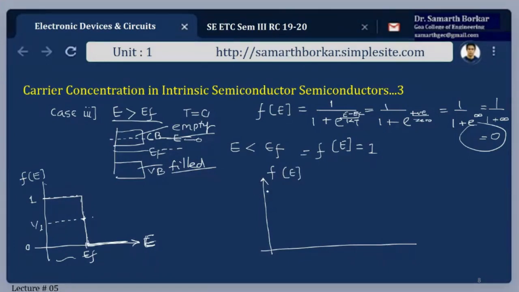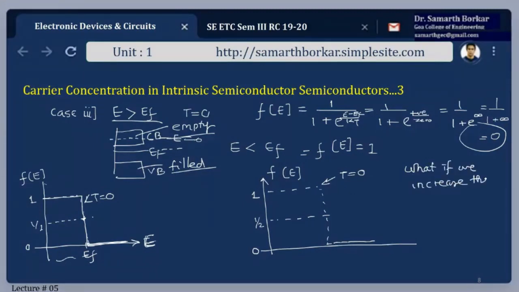Okay. This we already found. This is probability of 1, probability of 0, and this is half. So this was the diagram for T equals to 0. I have borrowed from here. Fine. T equals to 0. What if now I increase the temperature? What if we increase the temperature? Okay. Now, if I increase the temperature,